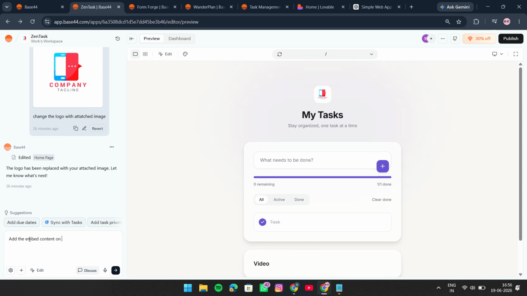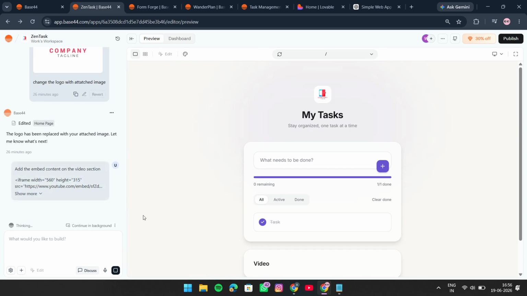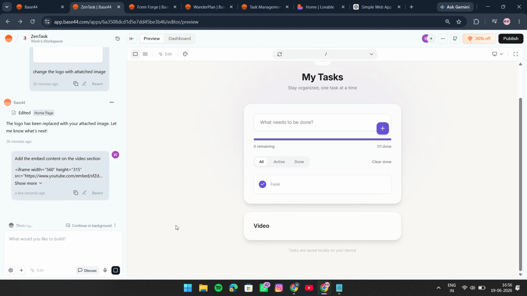Once you submit it, Base44's AI will generate the embed component and insert the video into your page for you. In most cases, the video will appear right inside your design, ready to preview and publish. If you want, you can then adjust the size, spacing, or placement so it fits naturally with the rest of